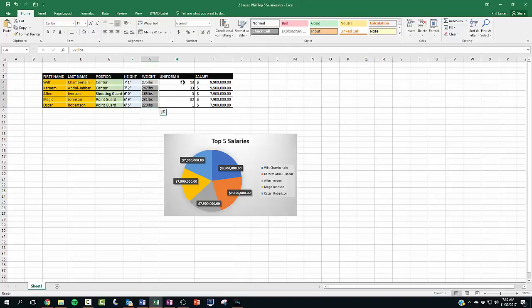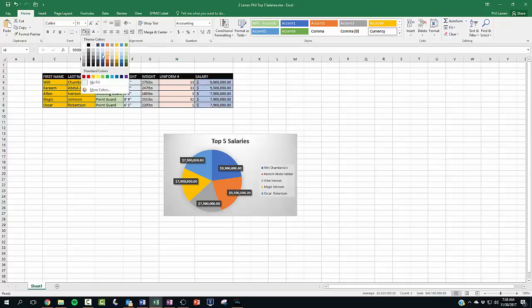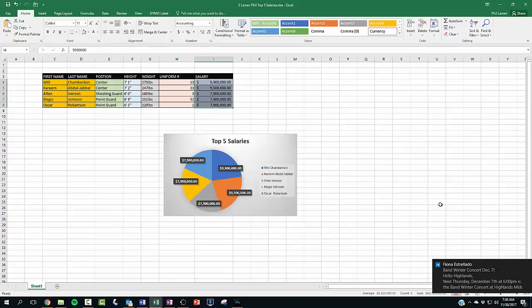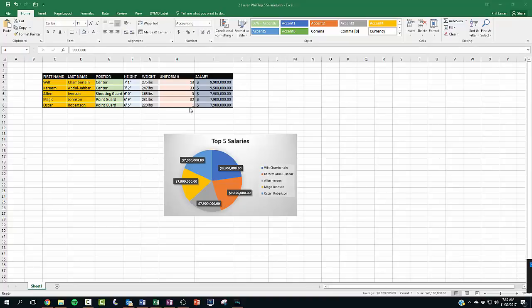Go with a grayish. And there you go. I think that looks a lot better, looks cool.